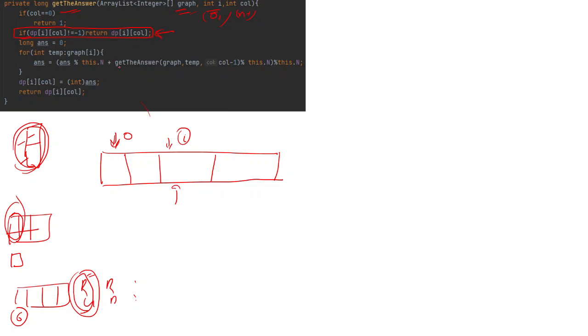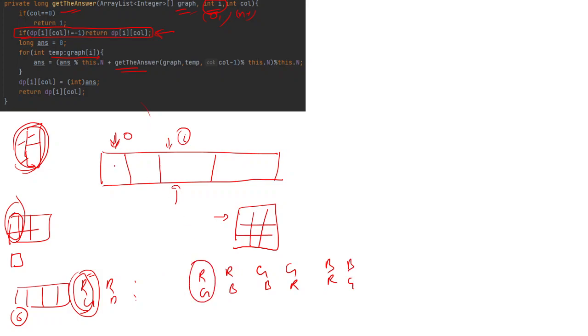Okay. So now we are getting the answer, and for each of these values in the grid, we have the grid. Suppose we have picked up initially 0 1. So we have picked up this 0 1. Let me put it here: RG, RB, GB, GR, BG. Suppose we have picked up the first one. So we have picked up the first one and put it here. That is RG, we have put it here.